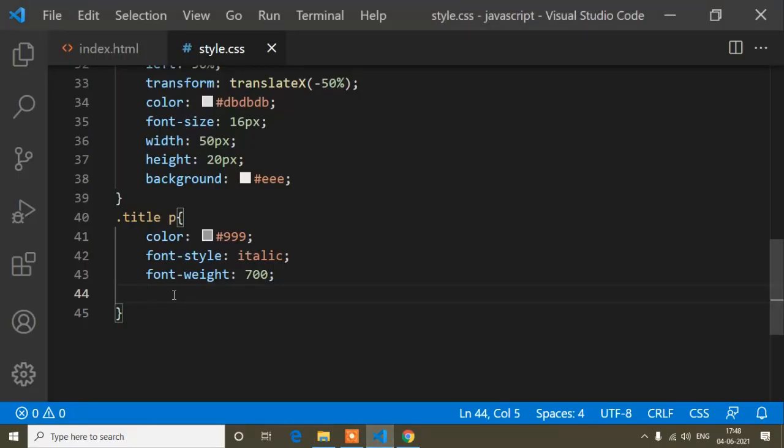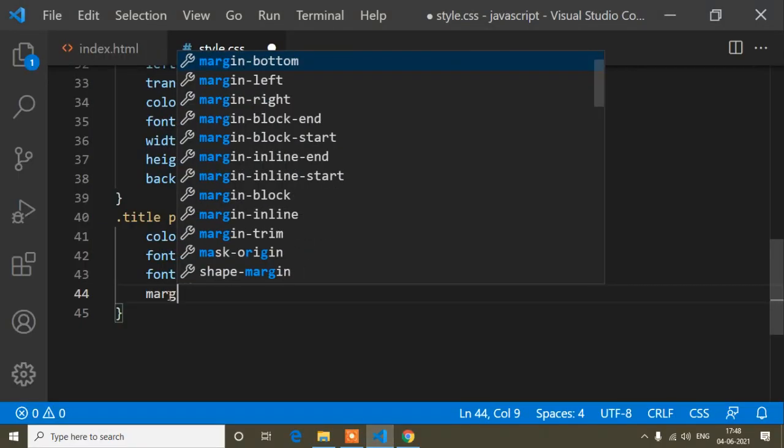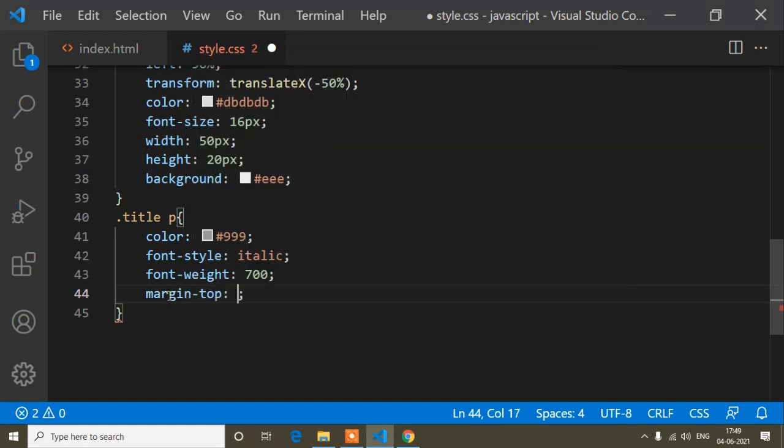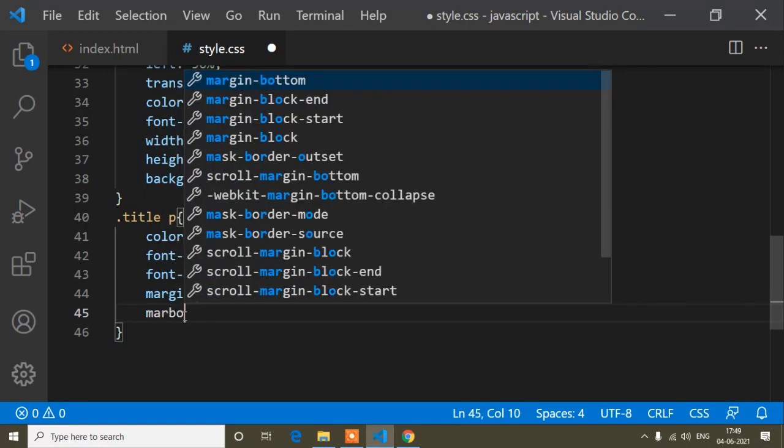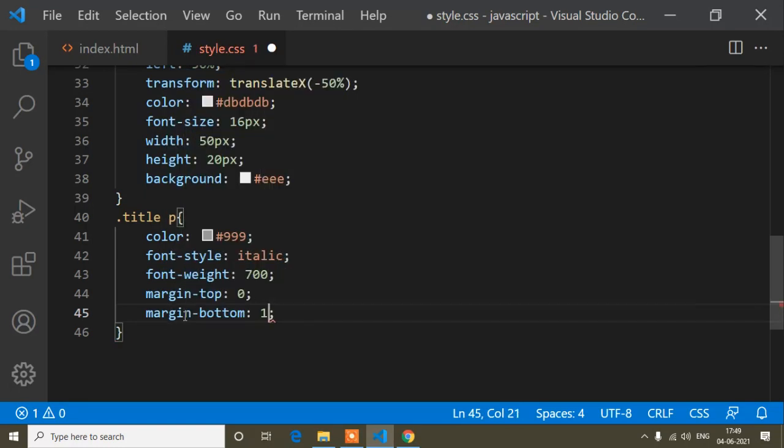Okay, so another thing, I will write margin top is 0, and that means outside of this p tag I don't need a space, so that's why margin top is 0. And now margin bottom, I will write 1 rem.